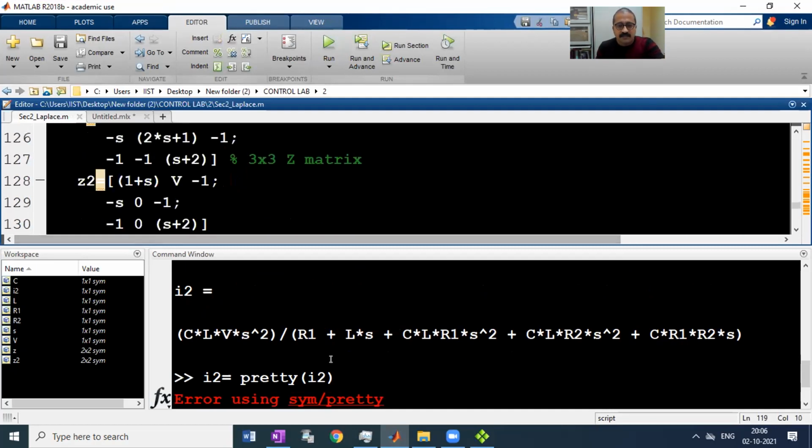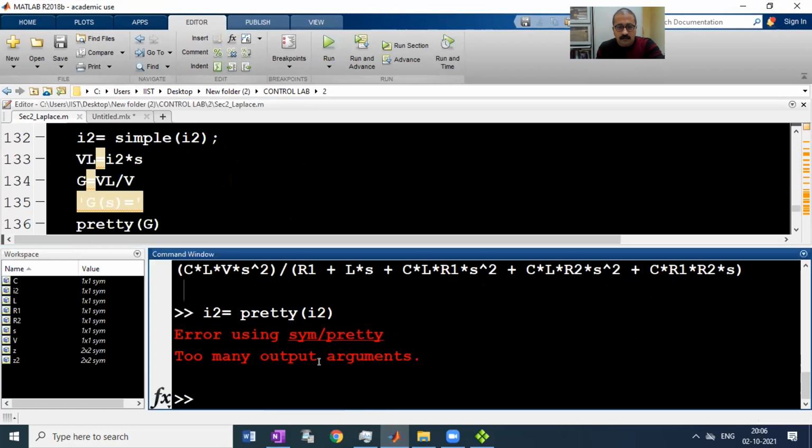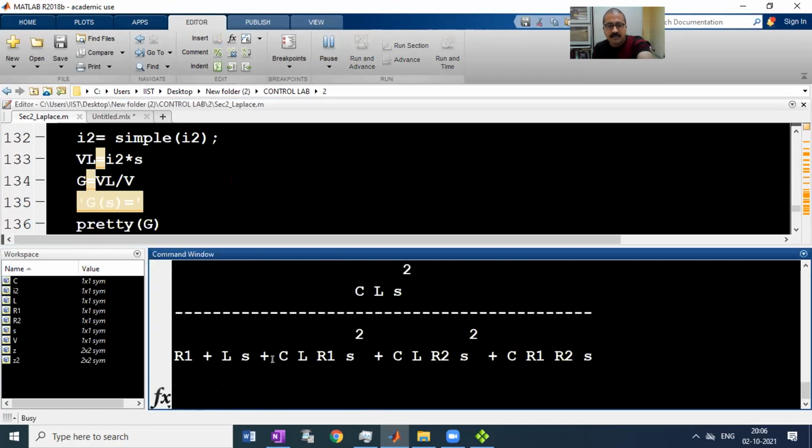So you can see what is happening here: CL S square divided by R1 plus SL plus CL R1 S square plus CL R2 S square plus C R1 R2. Yes, so this will be the ultimate transfer function.